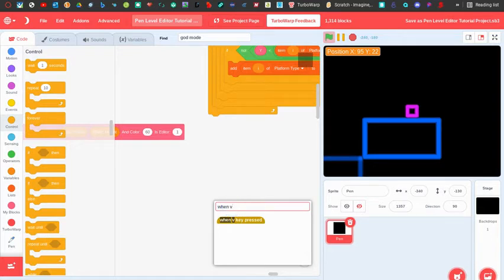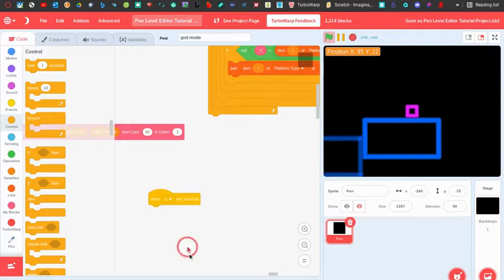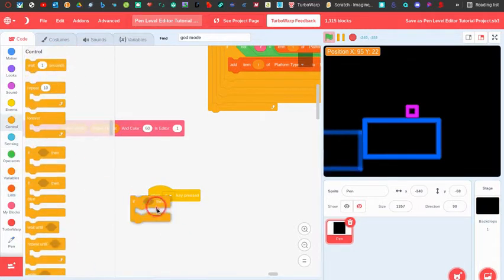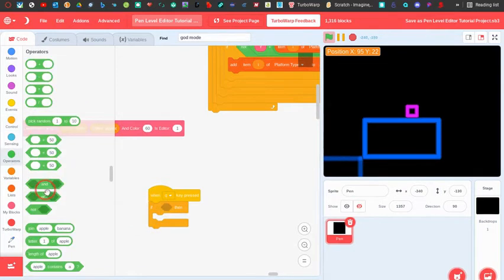Or how about when Q key pressed? When Q key pressed, then we can just say if the mode equals 1, so we're in editing mode,